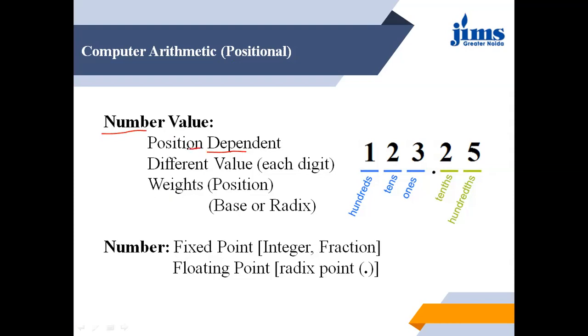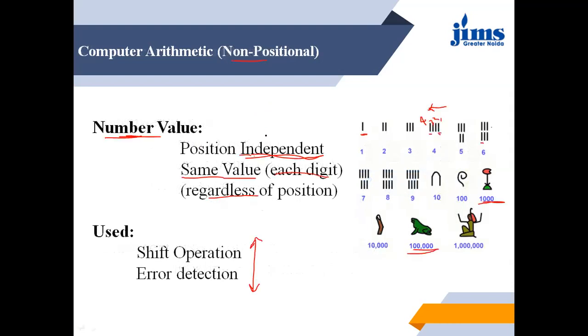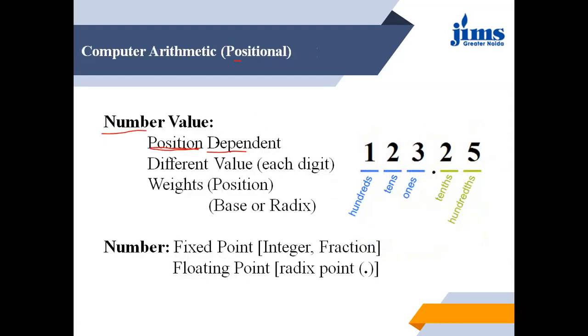In a non-positional number system, the value of a number is independent of the position of a digit, but here it depends on the position of a digit. As you can see from here, these two are the same digit. These two represent the same digit, but the value of this 2 over here is different,